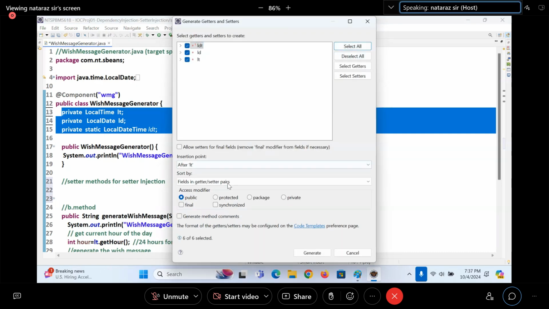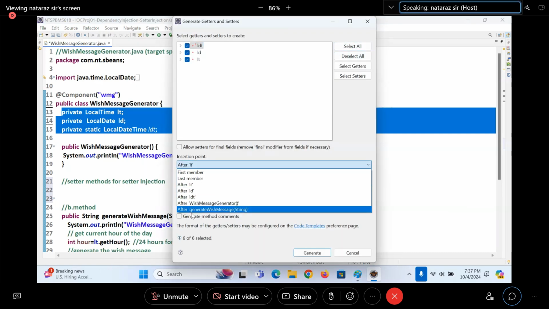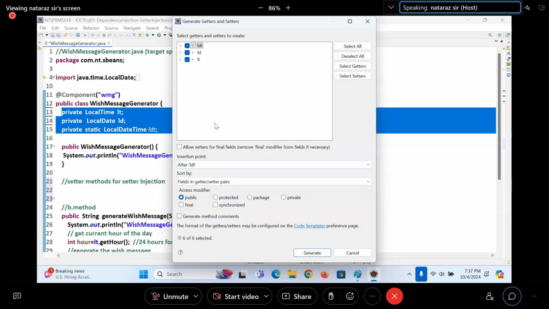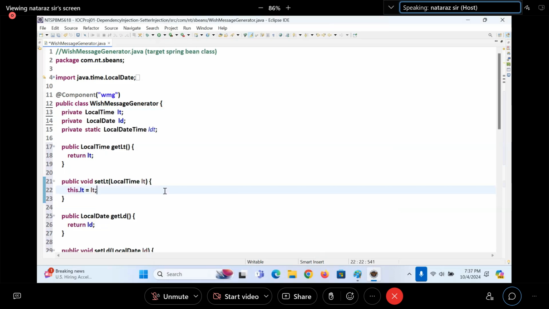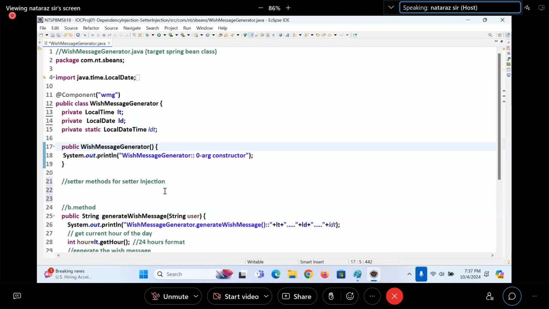Select all. But we want only the setter methods, not both setter and getter methods.